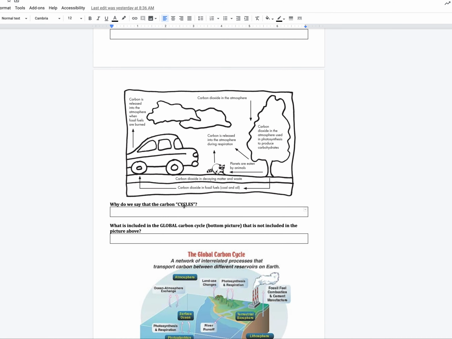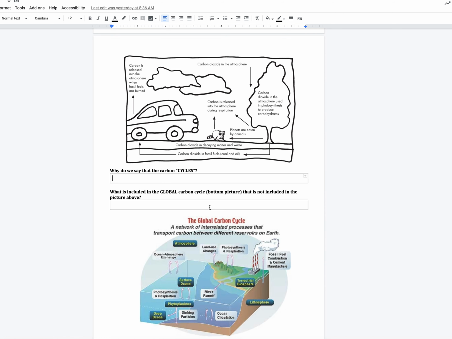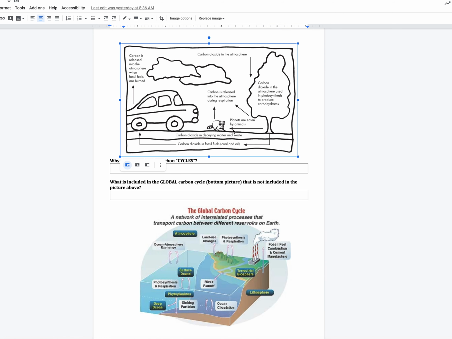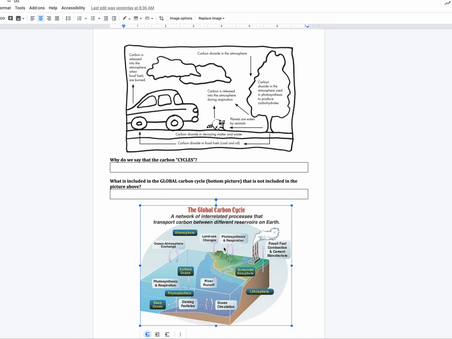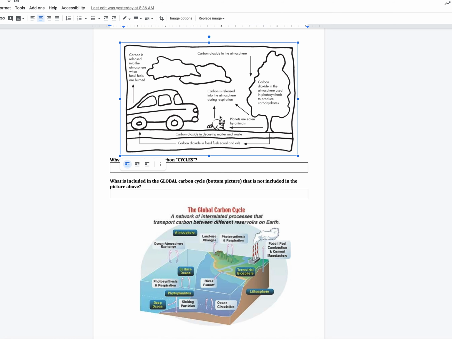Why do we say that carbon cycles? And then you look at this picture, and you're going to be contrasting these two pictures and figuring out what is different, what is included in the global carbon cycle that is not the same. If you look at this picture right here,